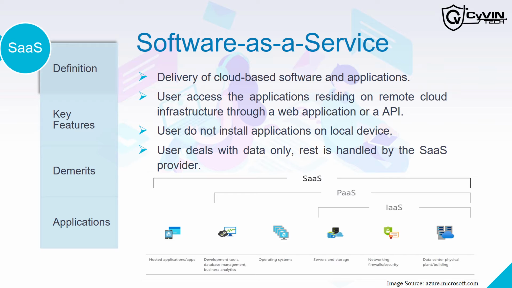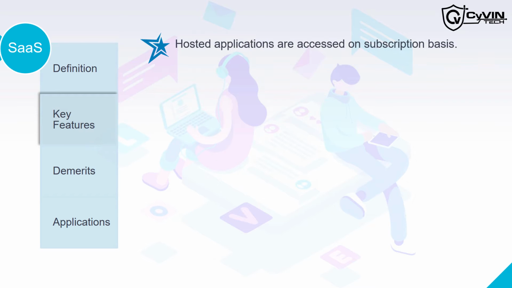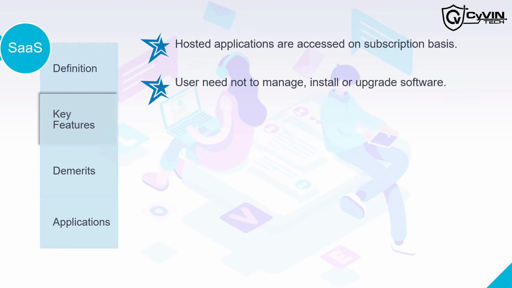Like IaaS and PaaS, SaaS also offers a number of advantages that make it different from the other two platforms. The hosted applications are available on either a pay-as-you-go or subscription model, like Office 365 is a subscription model. Users just deal with the data, and have nothing to worry about software upgrades and patches, in case of a web-based application. If using the mobile application, the user may need to install and update the application regularly. Failure of a local device does not affect the data, which is securely stored over the cloud infrastructure.